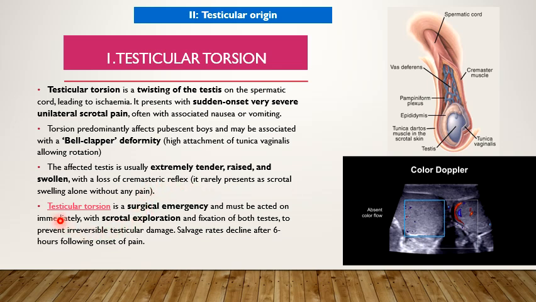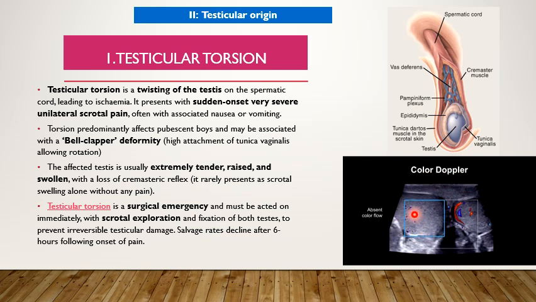The affected testis is usually extremely tender, very, very important, very tender. It is raised, higher than normal, and swollen, with a loss of the cremasteric reflex. So this is very, very important. It presents as a scrotal swelling which is extremely tender, with loss of cremasteric reflex, and also elevated. Okay, this is a feature of